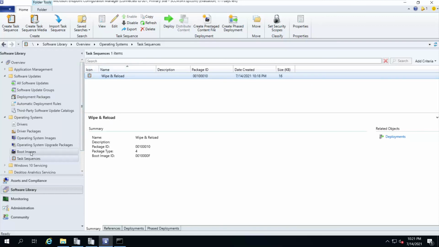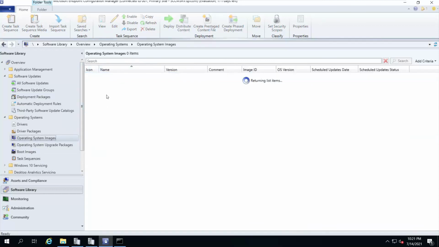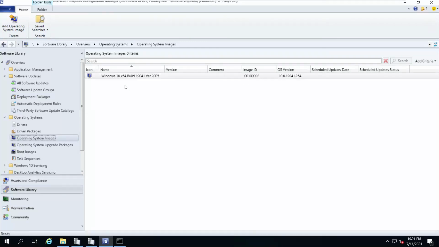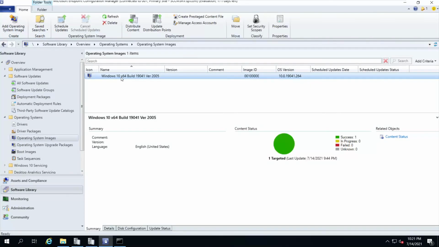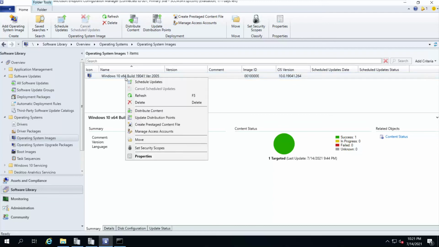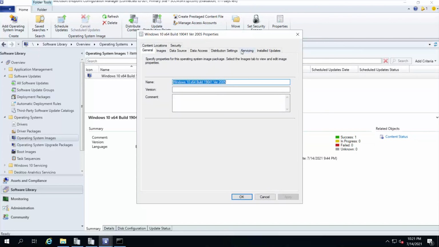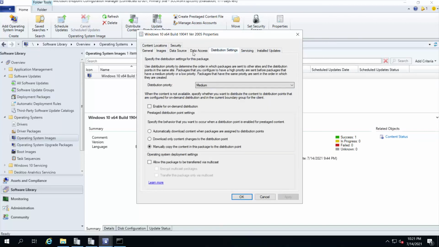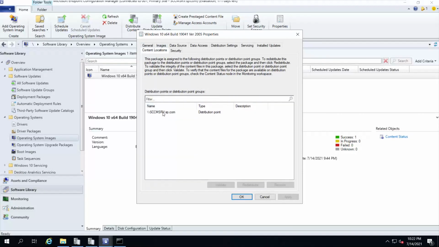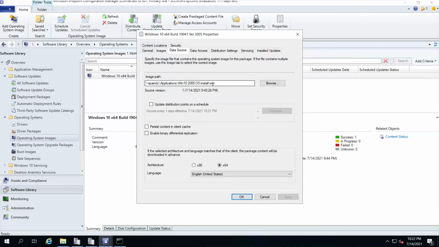Apart from that, let's say I modify my information related to the operating system. I'll go to the properties of this package, this OS image. I'll go to properties, and the content location, not content location, yeah, the data source. Let's say I'm modifying the data source.